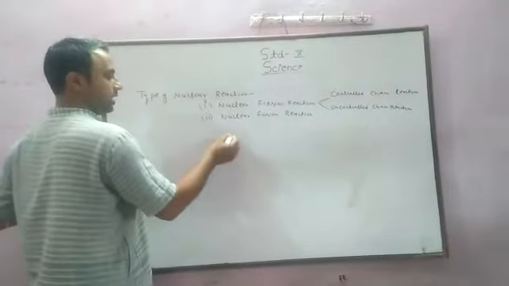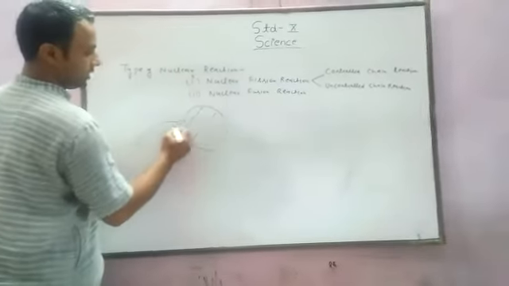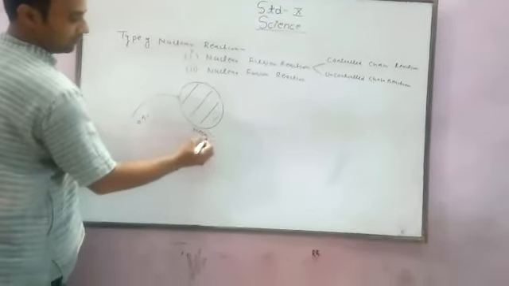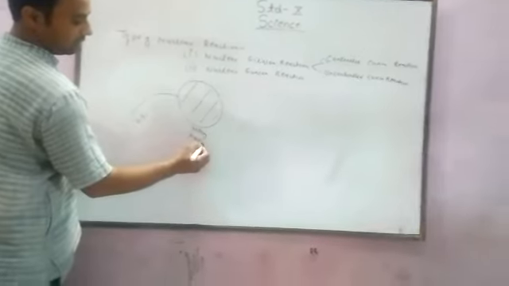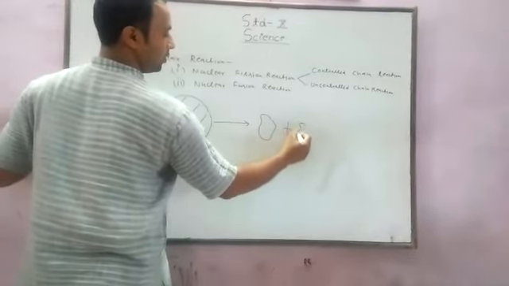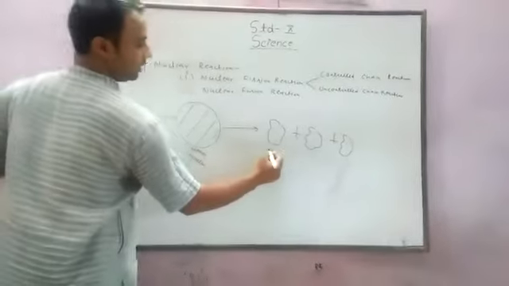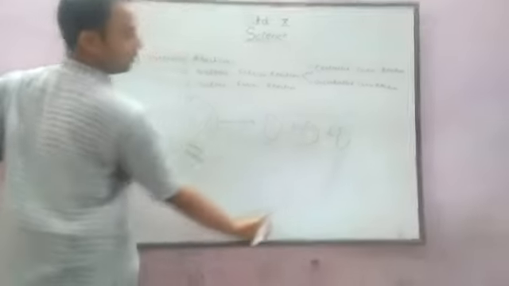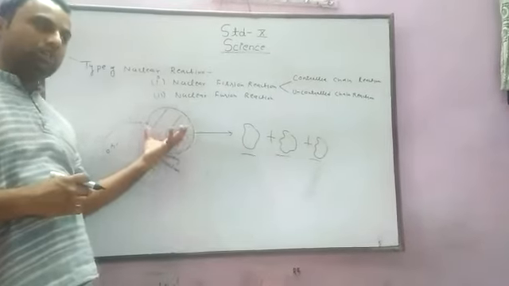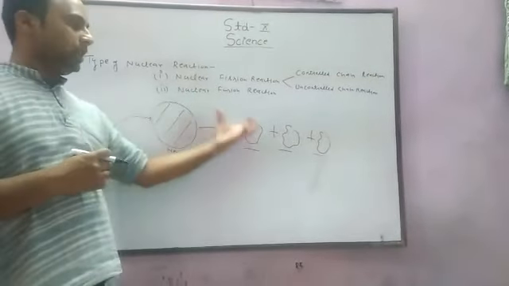This is a heavy nucleus, and a neutron attacks it. A neutron particle and this heavy nucleus break into two or more smaller nuclei. Because of stability, the heavy nucleus is in an unstable condition and the medium-sized nuclei are in a stable condition. Hence, this nucleus breaks into two or more.